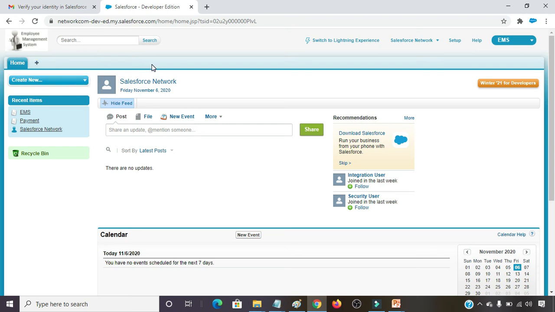The next thing what we are going to do in the same session, I am going to create one more application in Lightning Experience. So for creating application in Lightning Experience, first we have to choose switch to Lightning Experience.